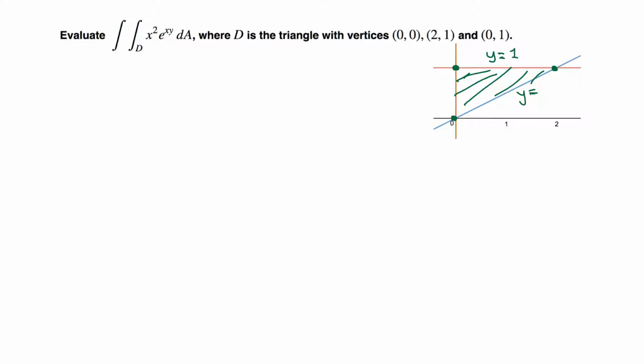Okay, it passes through the origin, so y equals mx plus b, that b is 0, no y-intercept, and slope is rise over run, so this is 1, just 1 rise and 2 run, so 1/2. Slope is 1/2, so y equals 1/2 x. Okay, and this is a type 1 region because we have lower curve y equals 1/2 x and upper curve y equals 1. So we can convert this double integral as an iterated integral,